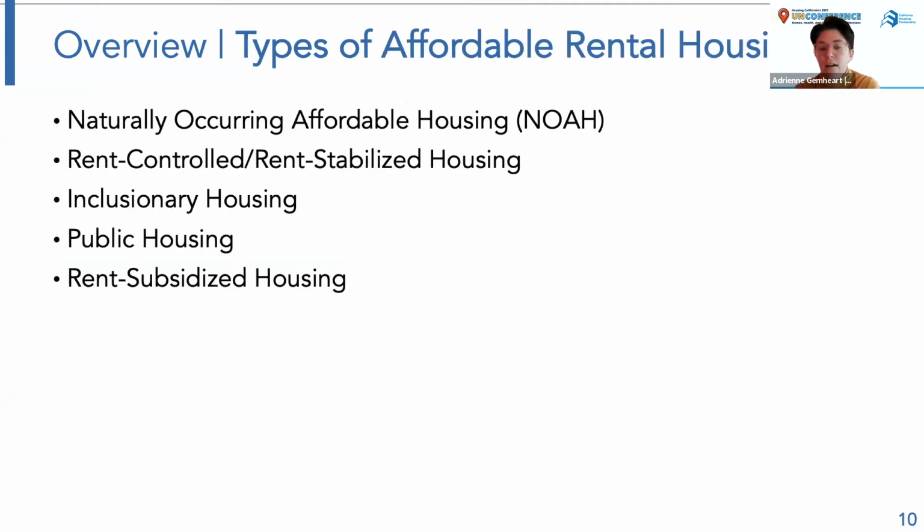So here are a variety of types of affordable housing. Perhaps you've heard of naturally occurring affordable housing. This is housing that does not have any type of restrictions on it. It's technically market rate, but it might be relatively affordable. There's rent-controlled housing, inclusionary housing, public housing, which is completely owned and operated by housing authorities. There's rent subsidized housing, which is accessed through a tenant-based Section 8 voucher that can be applied to market rate